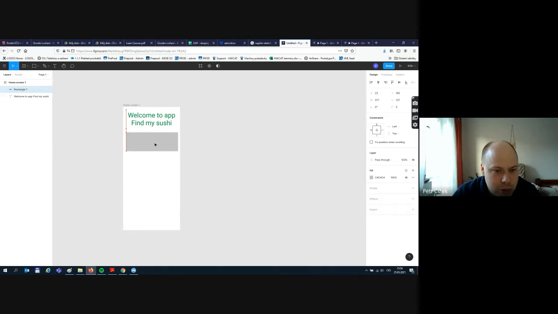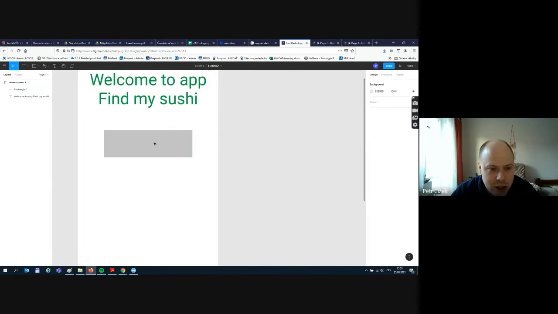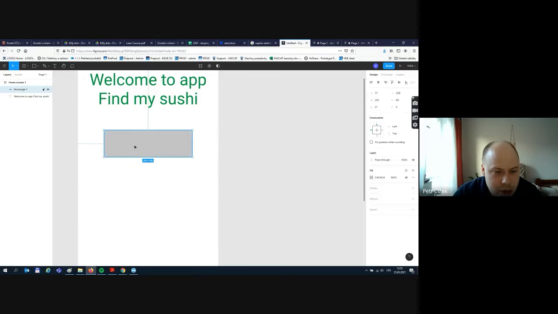So I will make it a bit smaller. I don't need that huge button. And now I will do some modification of the box. If you click inside the box, you can see these small circles here,